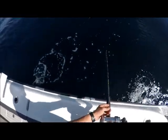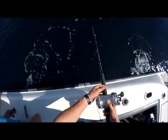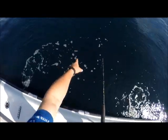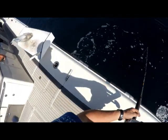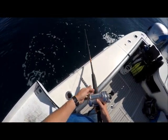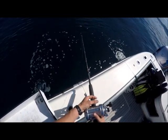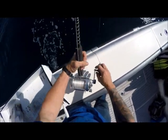Bottom depth here is 125. You actually see the snapper. They're about 30 feet below the boat. Every once in a while you see them come up. You see them out there? Yeah, I see him. This is probably going to net either a really big snapper or a big shark, one of the two. Grouper would be nice, but